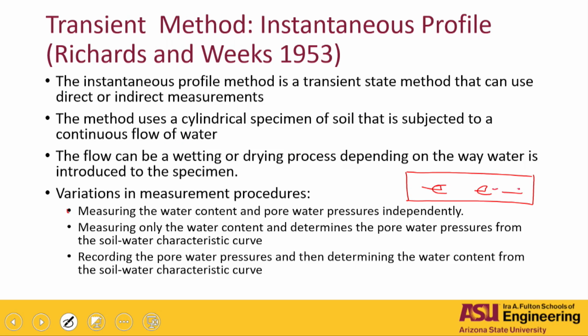Those are the sensors right there, and basically you can measure the water content in there, and you can measure pore water pressures also independently and figure out your whole soil water characteristic curve. Usually it's difficult to put many sensors in a column, right? Many sensors. And you want a column that you don't want to be huge, because